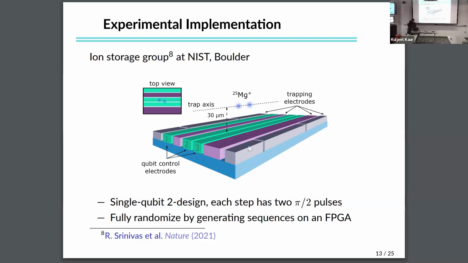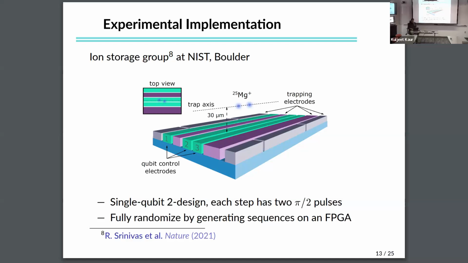What they did is that they implemented single qubit randomized benchmarking by constructing a 2 design where each step in your Clifford steps consists of 2 pi/2 pulses. And they control the phase of the pi/2 pulses in order to generate all the Clifford operations that you need